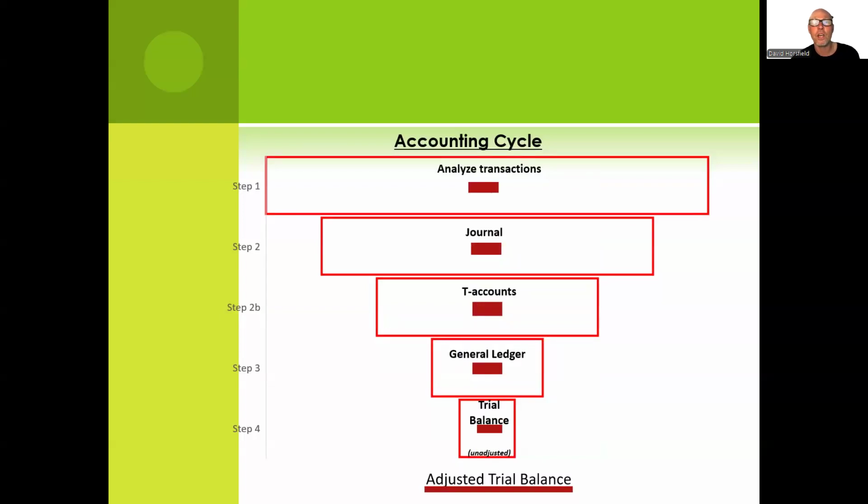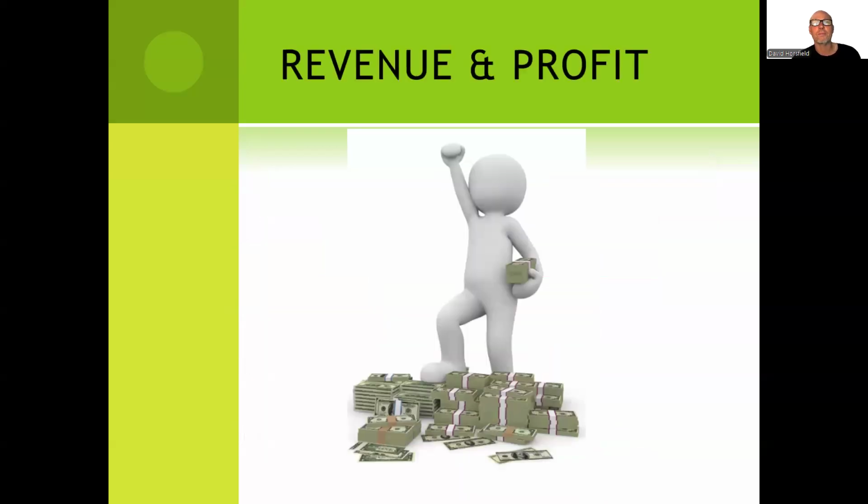But the point here is we're funneling. We're making our way down to get closer and accurate and more detailed information. That's the information we need to create financial statements. So all the way down here, adjusted trial balance, done. Next step, let's go. So to explore revenue and profits, it's easy to think, well, hey, all this money coming